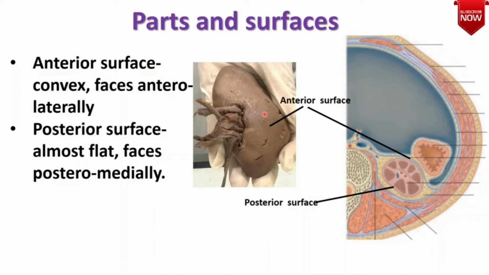So you can see the anatomical position of the kidney. The kidney in anatomical position: the anterior surface should be placed anterior-laterally and the posterior surface posterior-medially. The upper pole should be near to the midline and the lower pole a little away from the midline. And look for the three structures. Put the renal vein most anteriorly, then the renal artery, and then the renal pelvis.